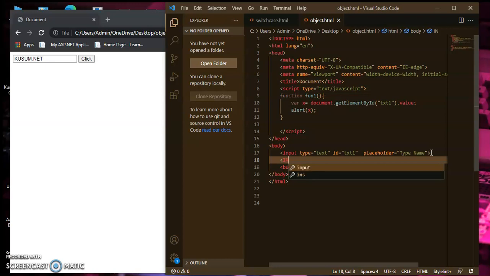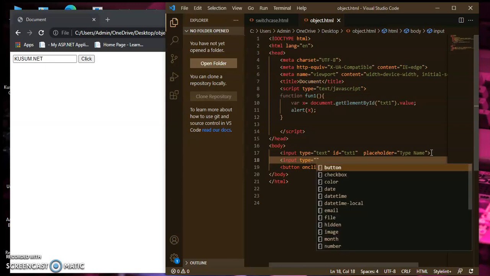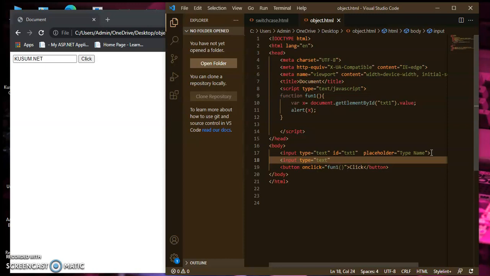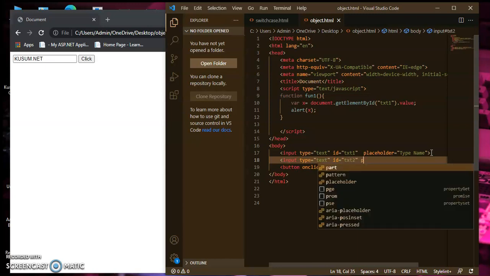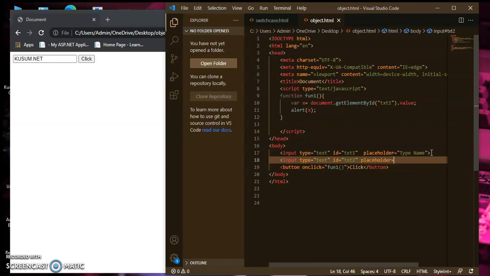For that, input type equal to text and id equal to txt2, placeholder equal to type password.